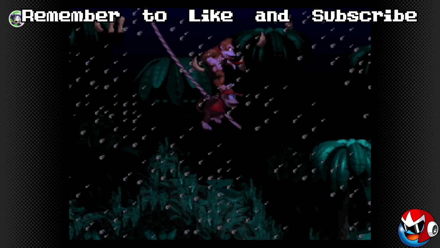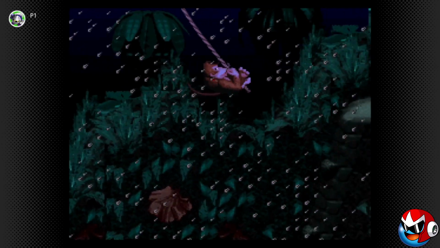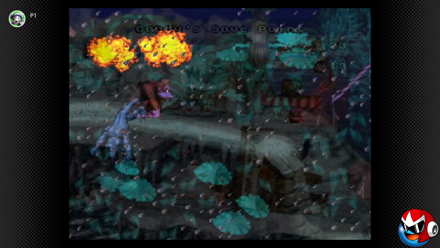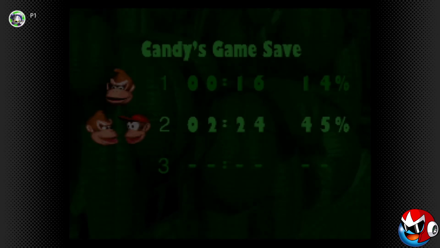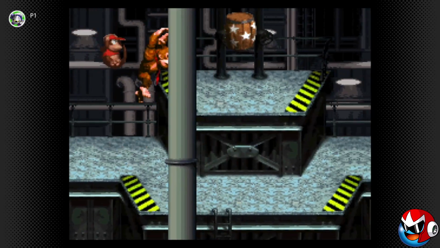Let's get into a couple honorable mentions before we say goodbye. The first honorable mention would have to be both the checkpoint barrels and Candy Kong's save point, which is basically a kissing booth, but instead of getting your smooch on, you jump into a barrel where she can save your progress thus far. And nothing feels as relieving in the later stages of the game than finding and smashing a